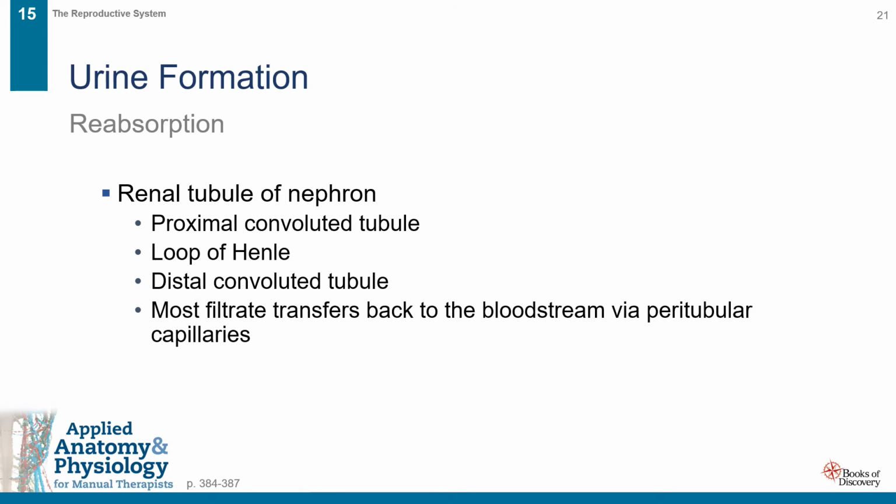Glomerular filtrate leaves the renal corpuscle through Bowman's capsule and enters the renal tubule, a passageway made of a single layer of epithelium. The tubule is divided into three regions, each named for its general shape and location. The initial coiled portion that attaches to the glomerular capsule is the proximal convoluted tubule. It connects to a prominent hairpin bend, the loop of Henle, which in turn attaches to another coiled portion called